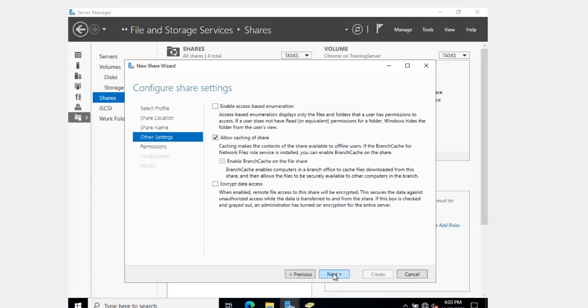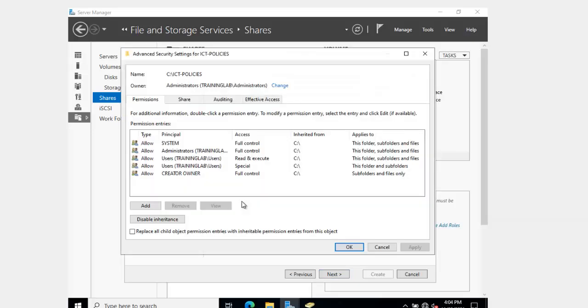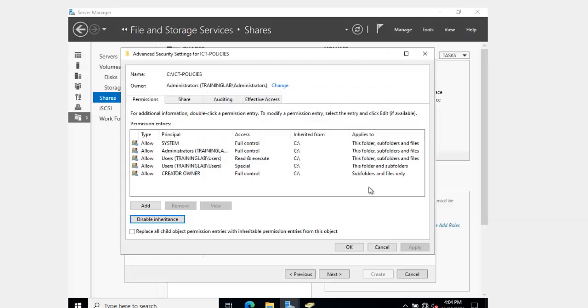/ICT-policies. Click on next and check on enable access-based enumeration. The access-based enumeration only enables the designated users to see the content according to the roles that we are going to provide as per the file sharing abilities. And I'm going to customize the permissions since I only want the IT staff or users to access the files and folders that we are sharing. So I'm going to customize permissions, and by default all the users are allowed. So I'm going to disable the inheritance by converting it to explicit permissions on this object,